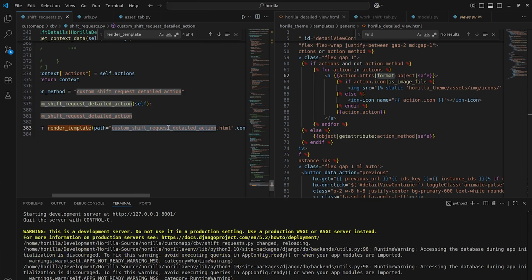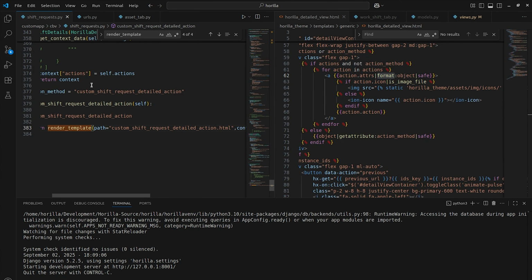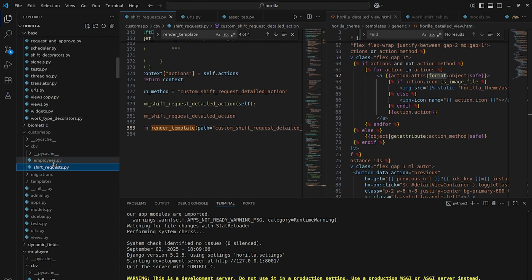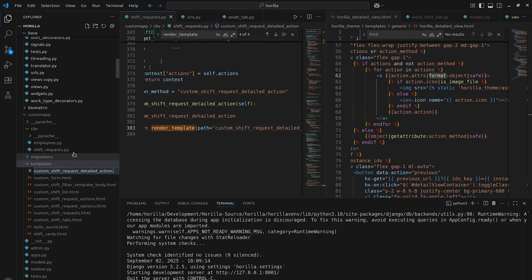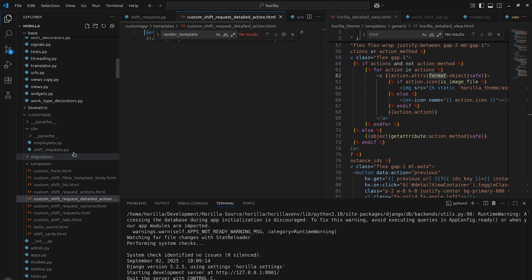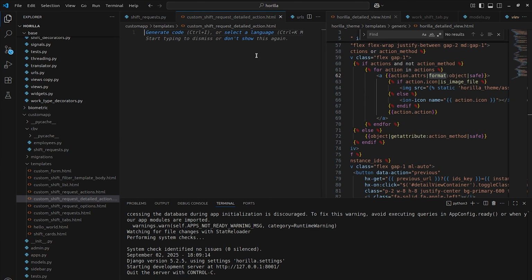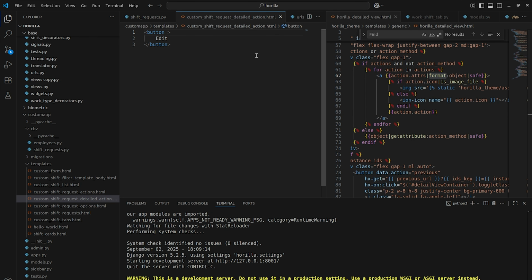This template is not available, so let's create that template inside our custom shift request templates folder, .html. From here, you have complete access to write the action that you're going to write. For example, let's create a button. Edit. So let's add all the other configuration that we've done